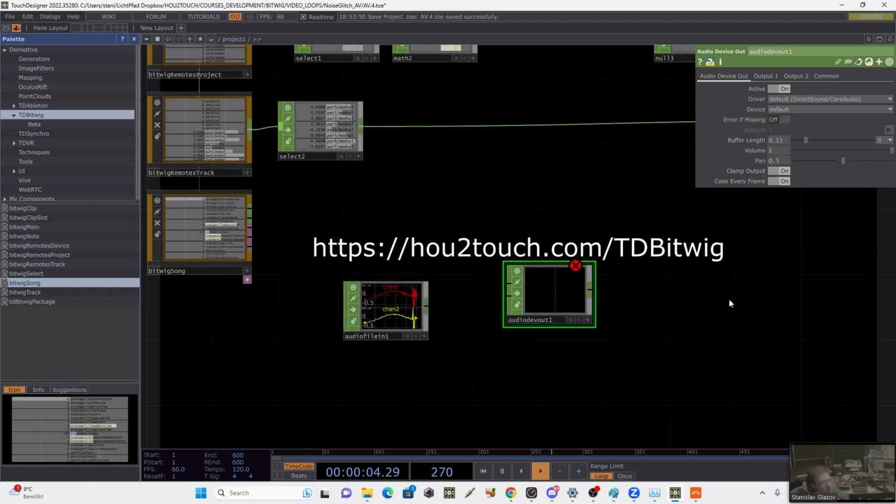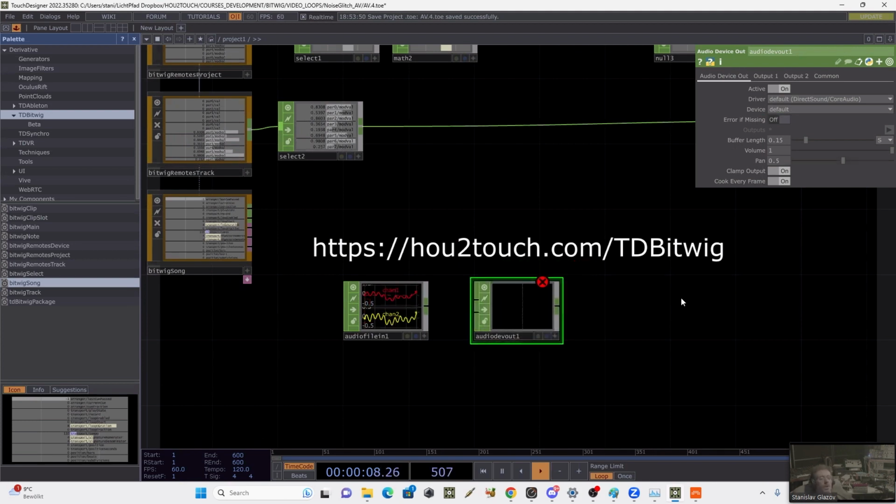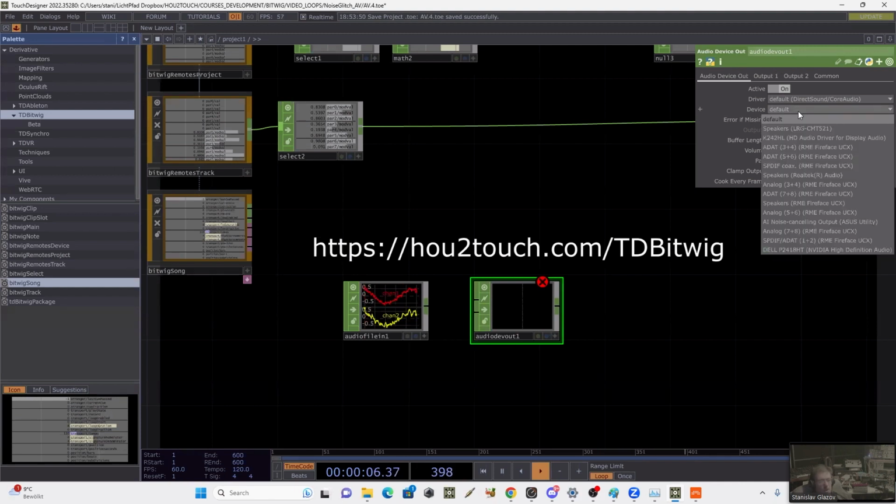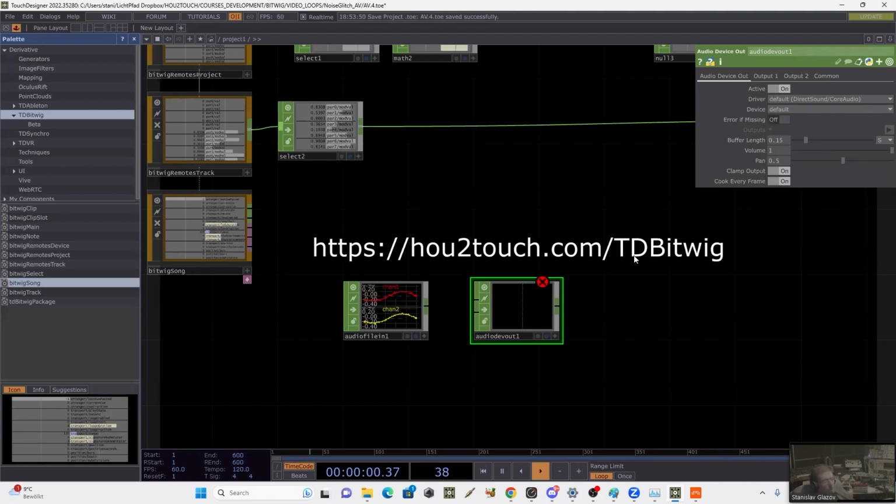I don't have it on this machine, but basically you can send it using any kind of virtual sound card to Bitwig. Using Jack, using Dante,